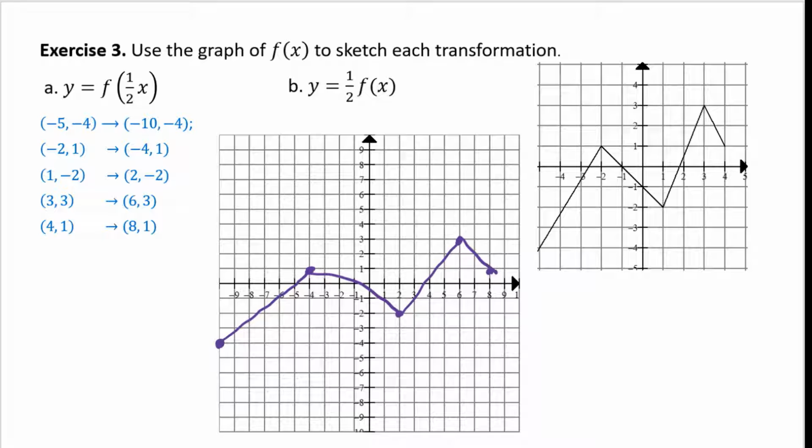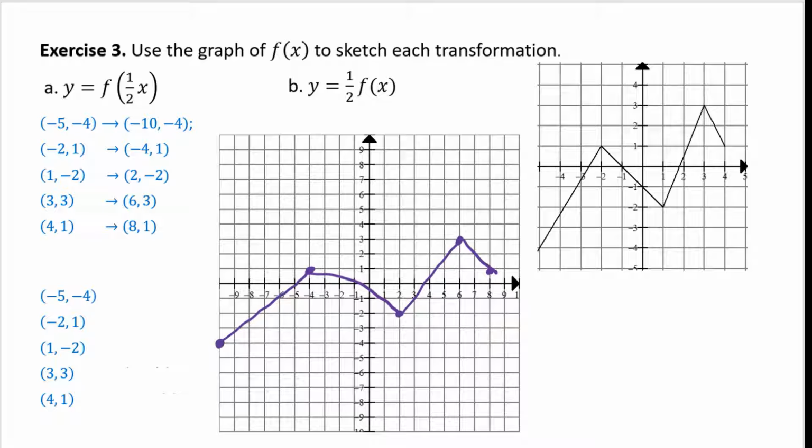Observe that the entirety of the original graph now requires double the horizontal width. Part B, y equals 1/2 of f of x. The 1/2 is multiplied to the y value of the function. This means the amplitude or height of the graph of the function is affected. To get the graph of the transformation, the x value remains unaffected and the y value is multiplied by a